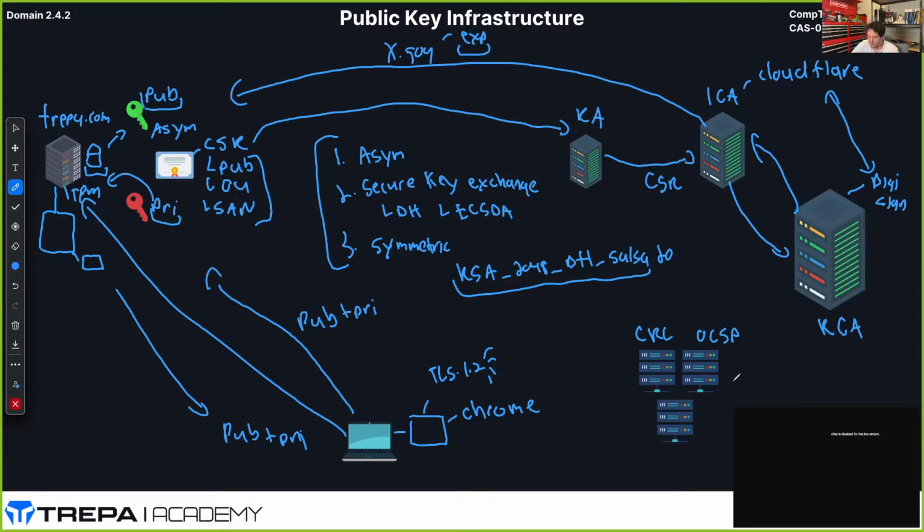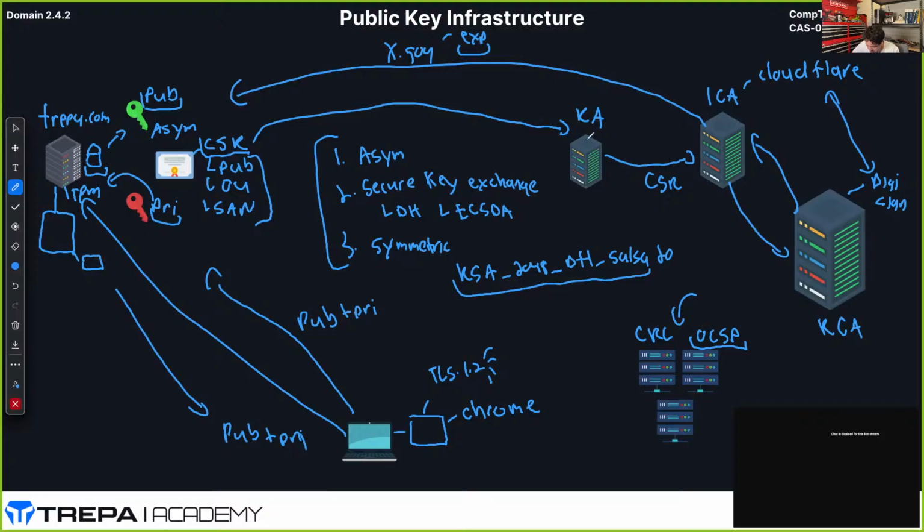certs. So when we do a new cert request, that old one should be listed here in the CRL, or we can use the Online Certificate Status Protocol to see if a cert is valid or not. And that is as condensed as I can make the public key infrastructure. To recap the key things here, this CSR, remember, certificate signing request, that's from us, the web server, to our trusted intermediate and root CAs to get a public X.509 certificate that we can then use for our